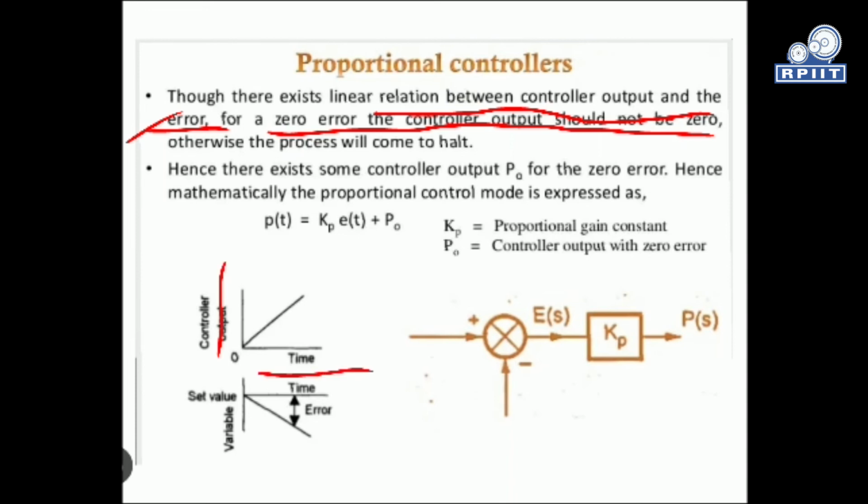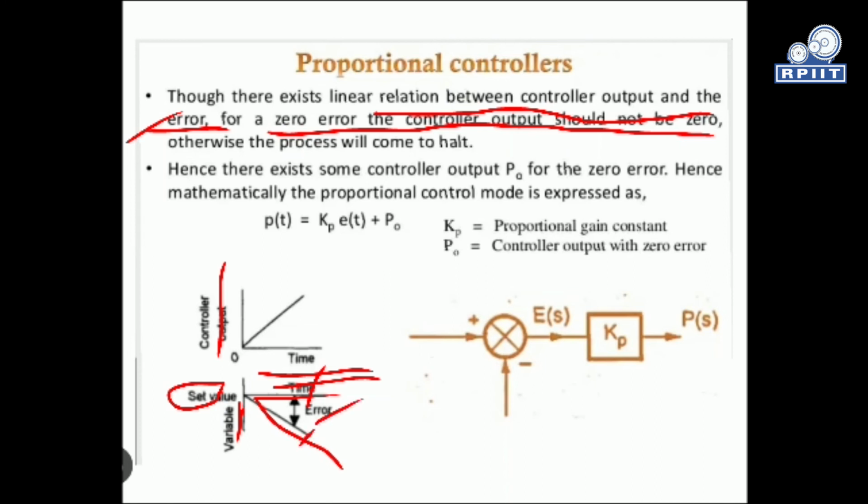If the time is increased, the output is increased, so that is a linear relationship. We put a set value here, this is the variable we vary, and this is the time. The response varies linearly, and the offset, or the error between the desired value and the actual value, is this error.